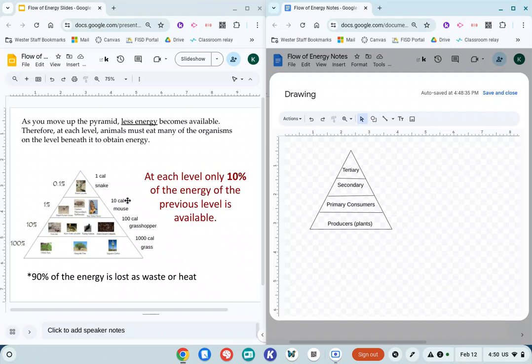Okay, 10% calories of mouse. I know that sounds weird to say, but I don't know really how else to say it. 10% of energy stored at the mouse level, whatever. Anyways, and then if we take off a 0 from that, then we would have 1 calorie of energy at the top level. So in other words, in order to support just 1 calorie of energy up here, we have to have a whole 1,000 calories of grass at the bottom. Otherwise, it would not be able to